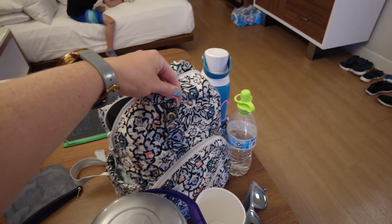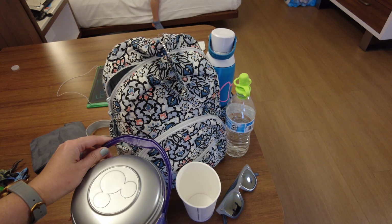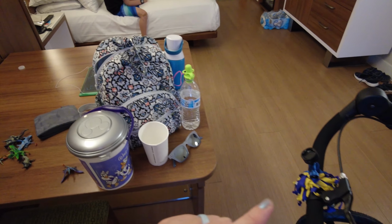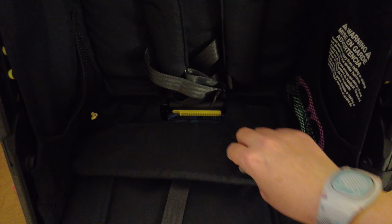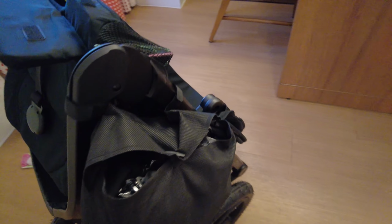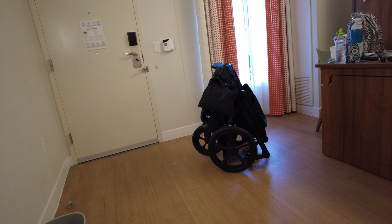I have a backpack strap, like a button thing, to hook the popcorn bucket to my backpack with my water bottle in it. He carries his, so I've got that on my back. He walks, and then I fold this up. So it has Velcro here. There's a little lever, and all you do is pull this and then pull up, and it folds. And it has a latch on the side that you've got to squeeze to make sure that it latches, but I'm going to show you that again,